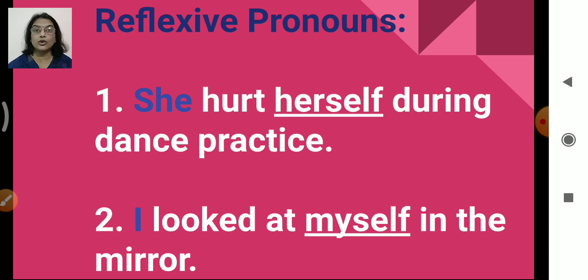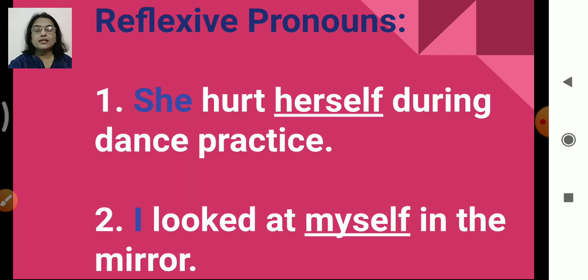It contains subject and object or the predicate. Now here she and I, the highlighted words, are the subjects in this sentence, isn't it? Now the underlined words, herself in the first one and myself in the second one, they refer